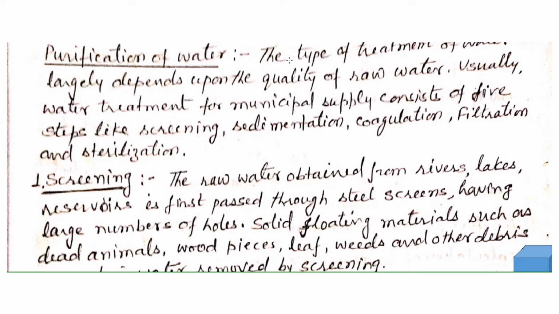Next, purification of water. The type of treatment largely depends upon the quality of raw water. Usually water treatment for municipal supply consists of 5 steps: screening, sedimentation, coagulation, filtration and sterilization. Today in this class we are going to discuss these steps in detail, and I hope you will understand the